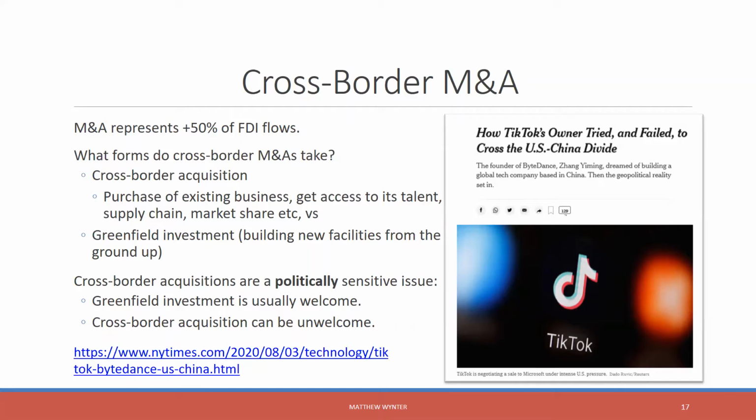A great example of this is TikTok. Again, there was a massive amount of political risk surrounding the Chinese ownership of TikTok and whether or not they were going to be forced to sell to a U.S. partner. That political risk eventually subsided. The episode passed, but it's very telling of how different sectors of the economy will sometimes be classified or reclassified as economically important or strategically important. And that can sometimes put a big barrier on cross-border